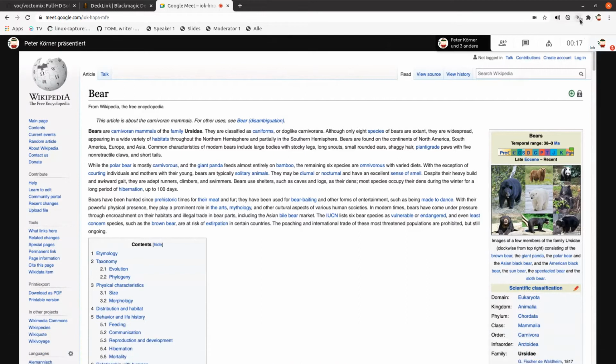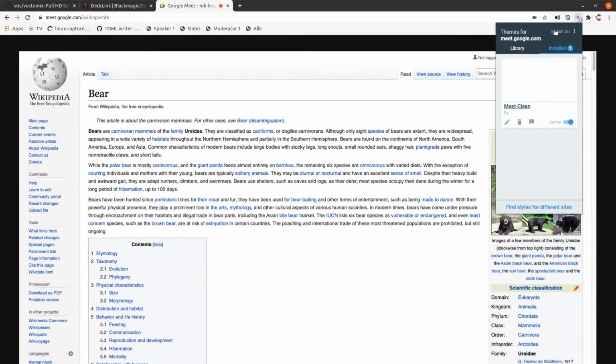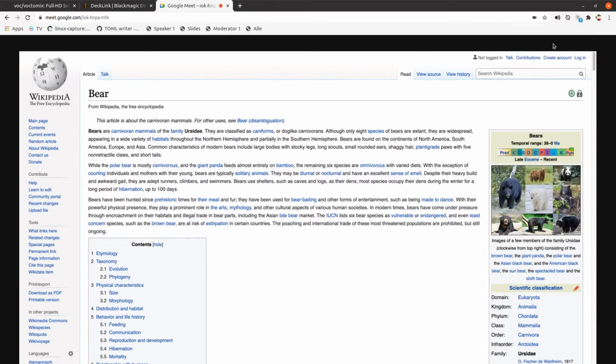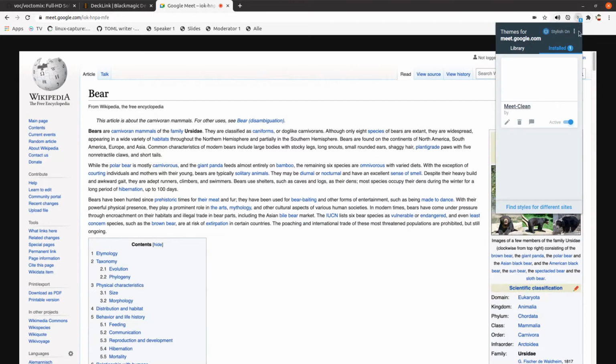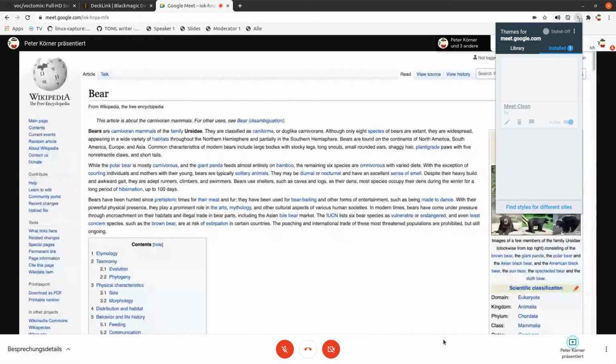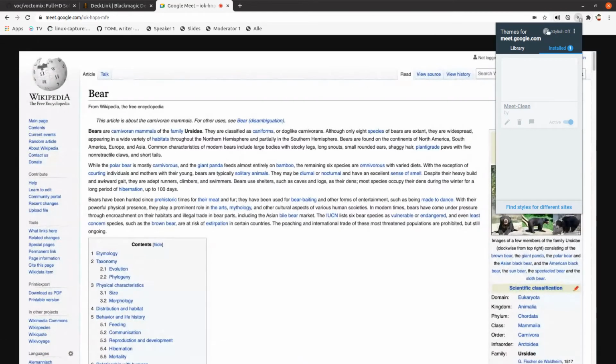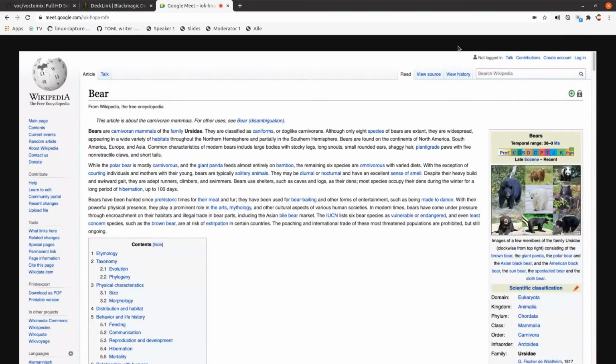So if I enable it, you will see that the navigation bar has been removed. The controls are still there if you need them, but the navigation bar has been removed and the footer bar has been removed. And in the production sheet for TruthSearcher Teams, we removed some more elements,